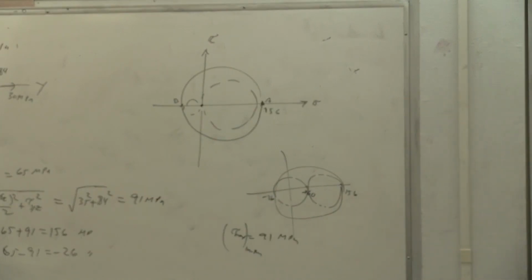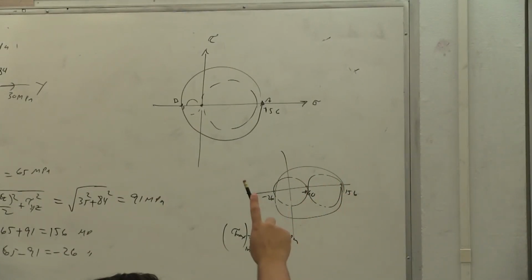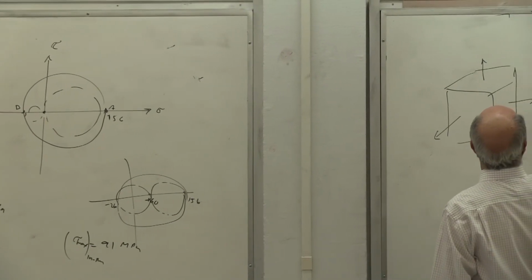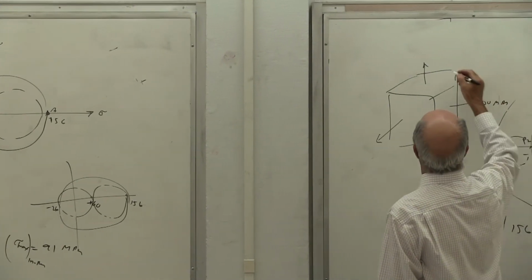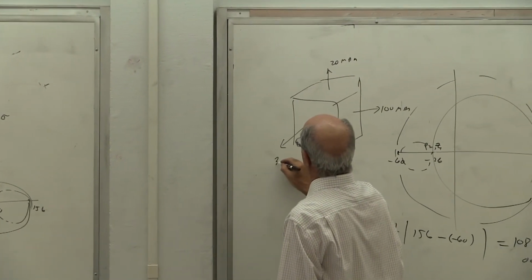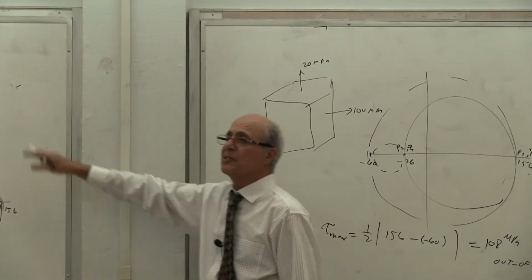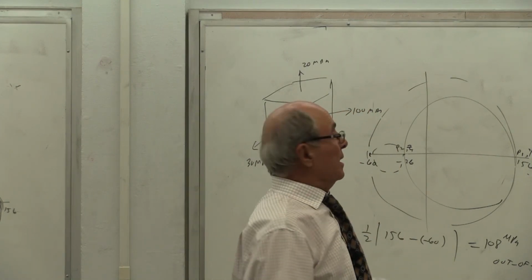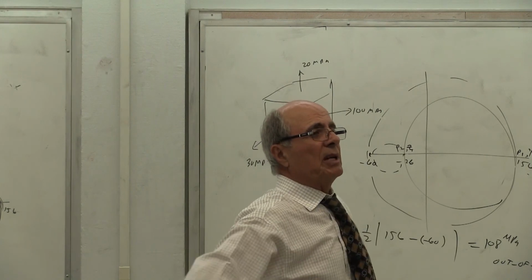Now, one thing I want to tell you is this. What we did here, which I didn't say in the other class, you have to learn this for future classes. When we have a stress here, a stress here, a stress here, all three of them. Let's say this is 100 megapascal or KSI, doesn't matter, 20 megapascal. This is 30 megapascal. It is one of this scenario. Everybody understand that. We have principal, principal, and principal. Everybody understand.